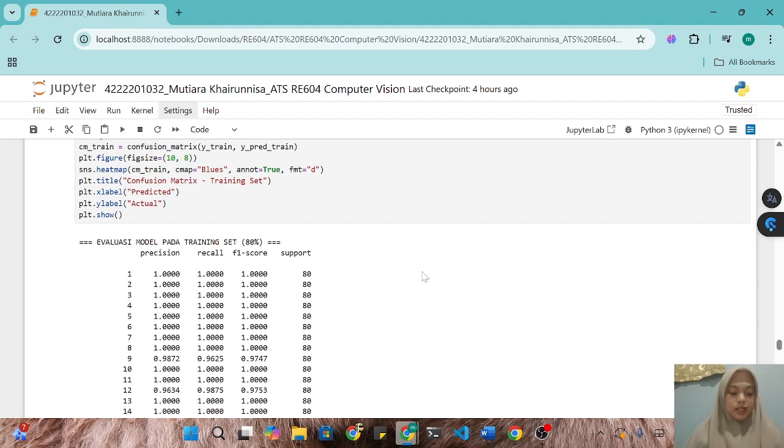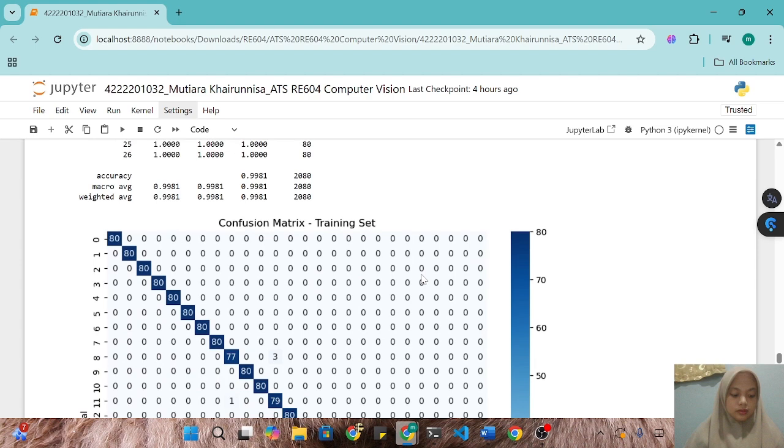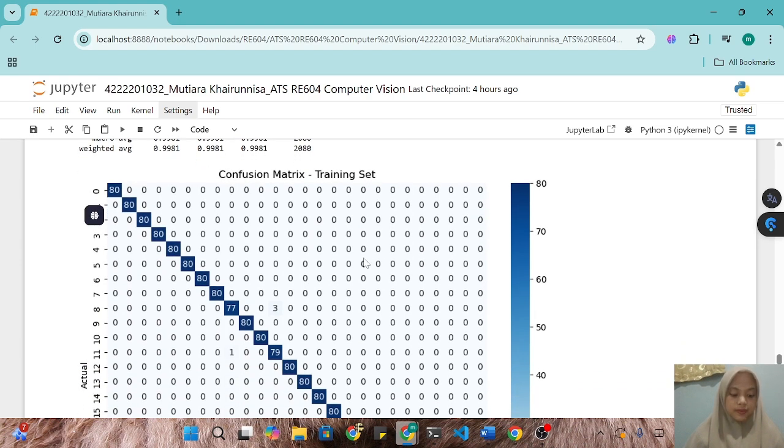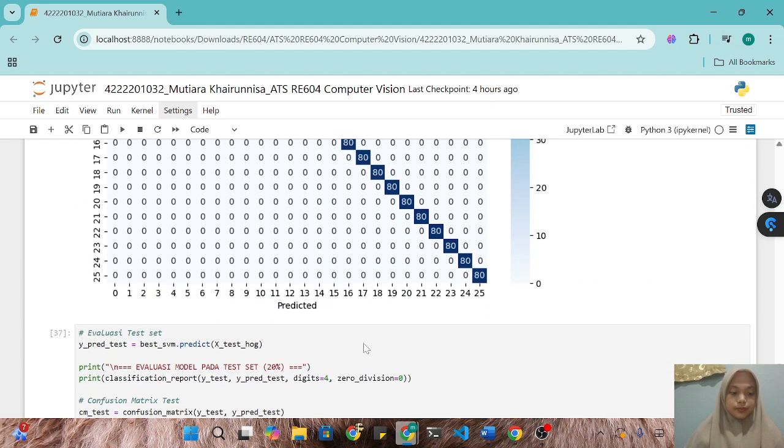We also visualize the confusion matrix to see class-wise performance. On the test set, the model performs with reasonably high accuracy and balanced precision and recall across letters.